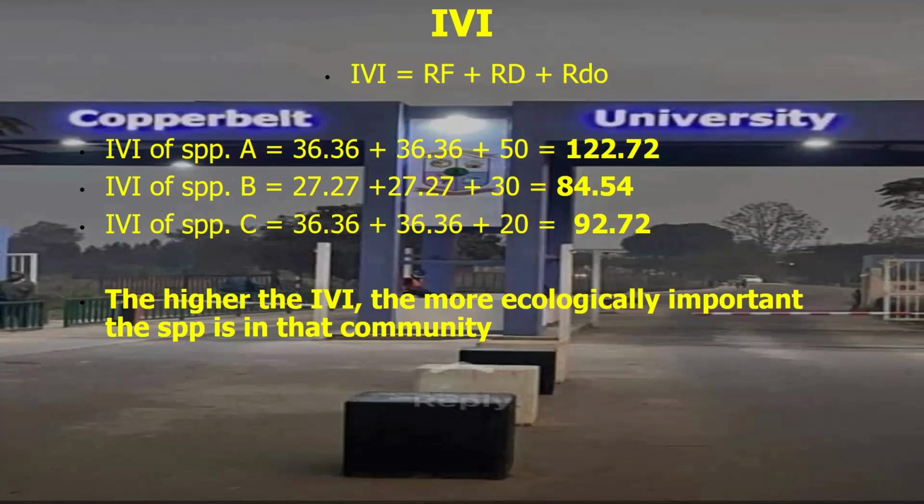It also means that if we depleted or overutilized or overharvested species A, then the ecological system is likely to collapse. Species B is the least important species in that ecology. All right, so